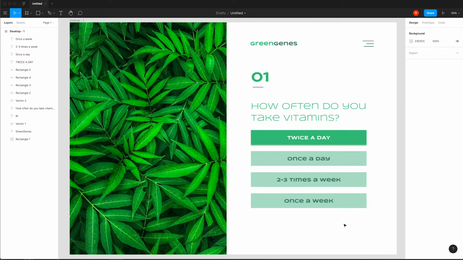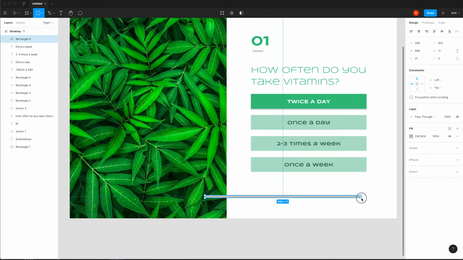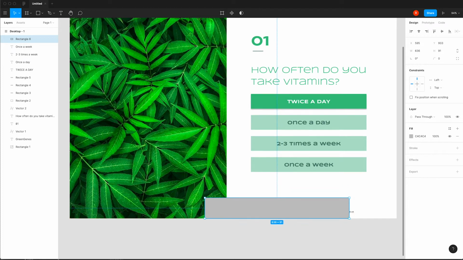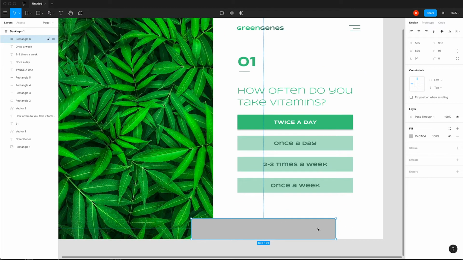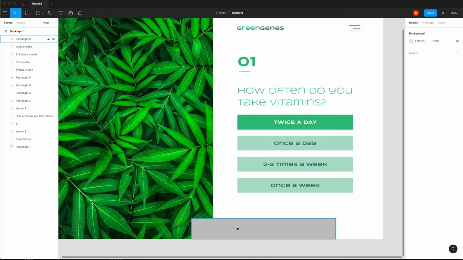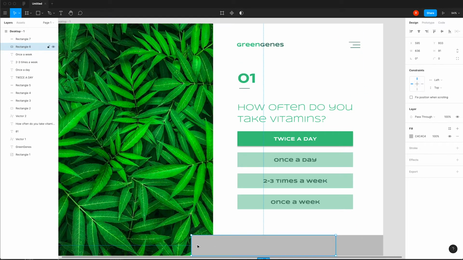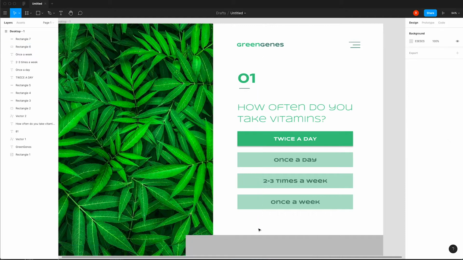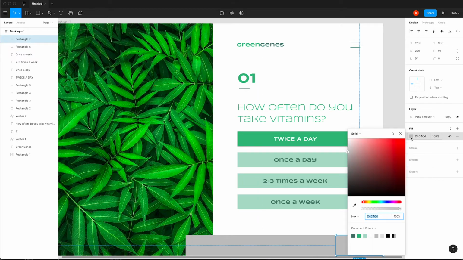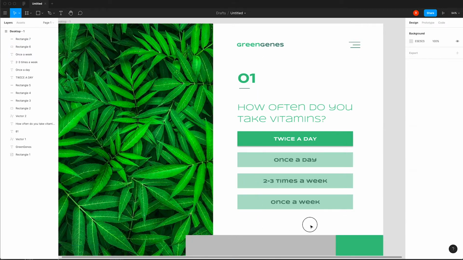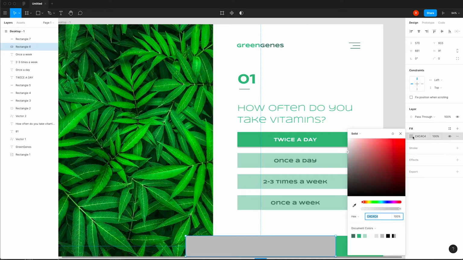Alright, looks good. It's coming together. Next, I'm going to draw out 2 rectangles here. These are going to be for my controls and title and tip. There, this one's going to be a little bit longer. Let's go right there. This is going to be this green right here, and this is going to be,